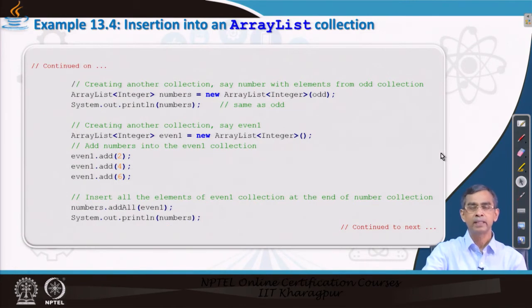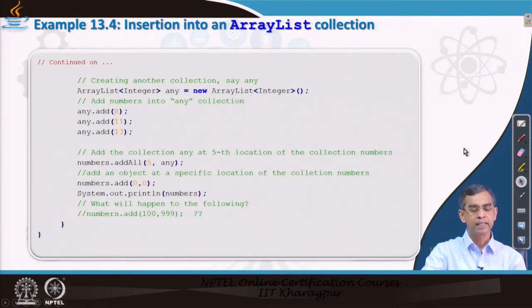Likewise, you can practice with whatever methods I have listed and see how they affect your program. This is also another example by which elements can be added to the program. Here again you should note, if you want to add into the array, for example here we can add into numbers up to say 15. Now all of a sudden you want to add one element, say 999, at the 100th location, what will happen?